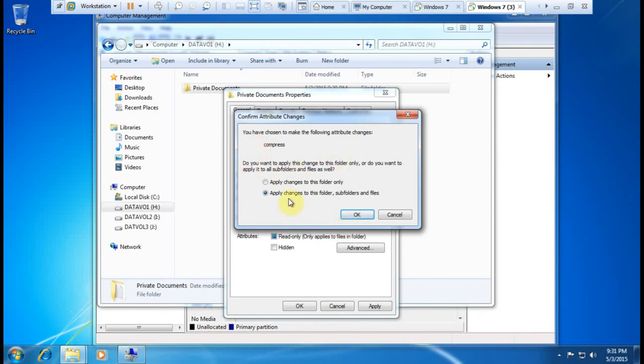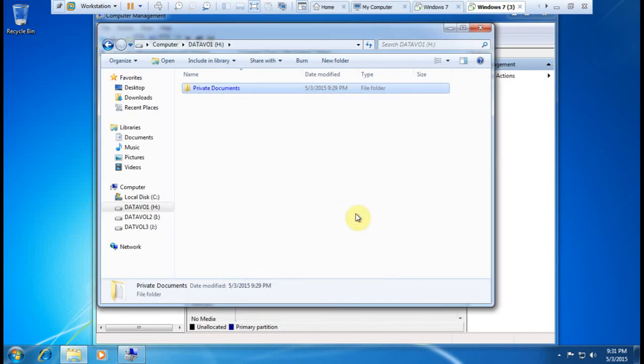Well, you want to apply the changes to this folder, subfolders, and files. Hit OK for that, and look at that. Our private documents is blue, and the reason why it's blue now is it's saying that it is compressed. And now that it is compressed, it's showing up as a light blue color to show you that it is compressed. So now we want to double click the private documents,